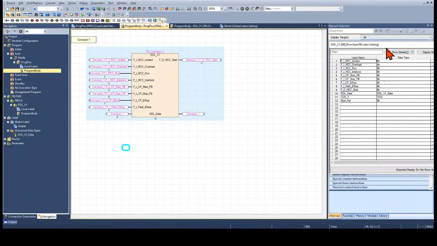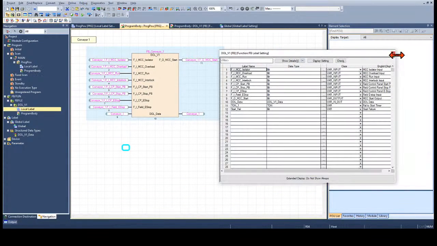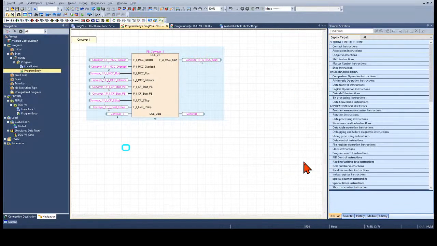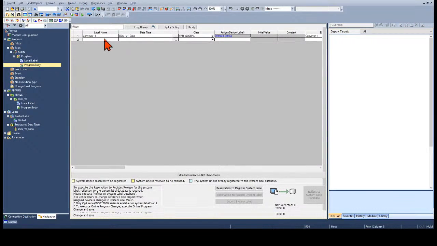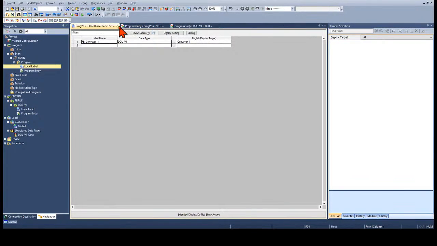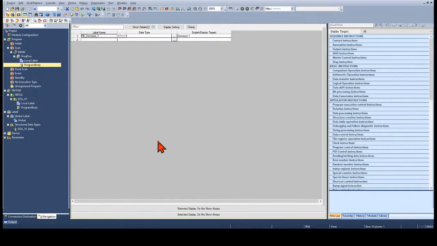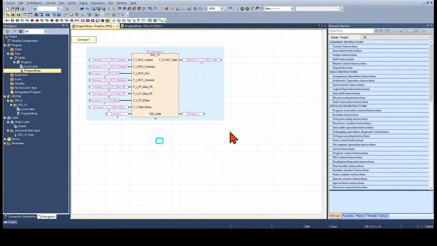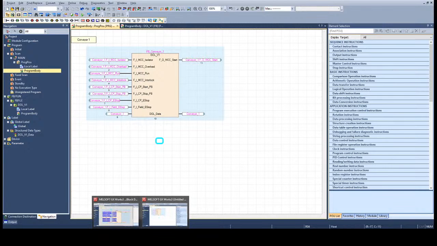Now we can go and close that up. Of course, we don't need that anymore. Global labels we don't need. Local labels we don't need. And we are ready to go and